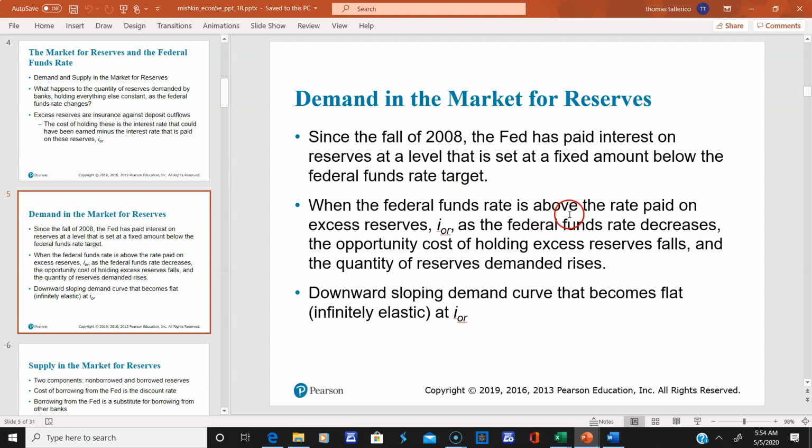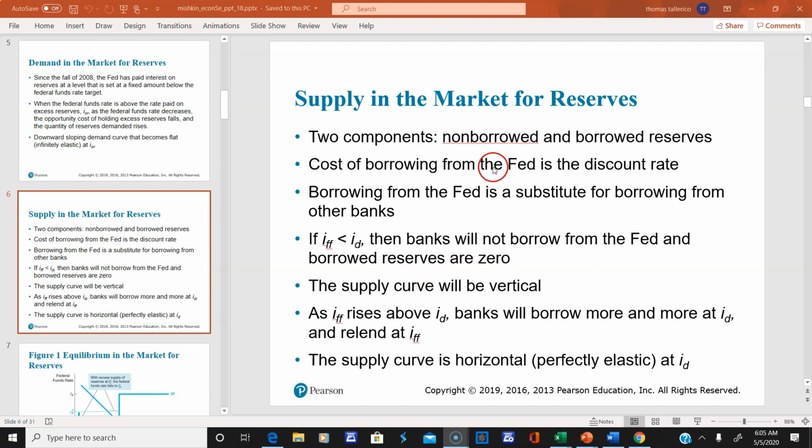So when the Fed funds rate is above the rate paid on the excess reserves, as the Fed funds rate decreases, the opportunity cost of holding excess reserves is going to fall, right? And the quantity of reserves demanded rises. Okay, so basically, as this changes, as it decreases, you'll get a downward sloping demand curve. So basically, with regard to reserves in the Fed funds market,